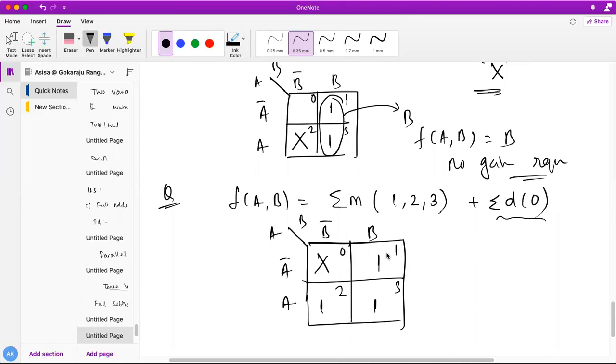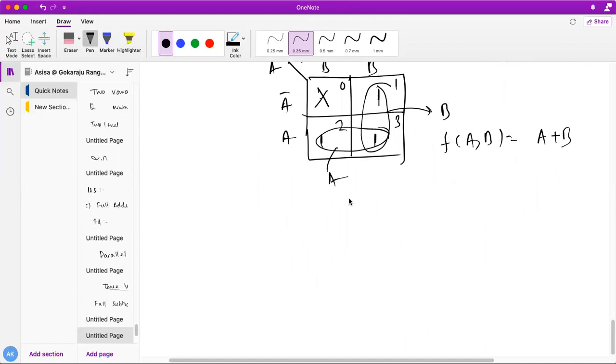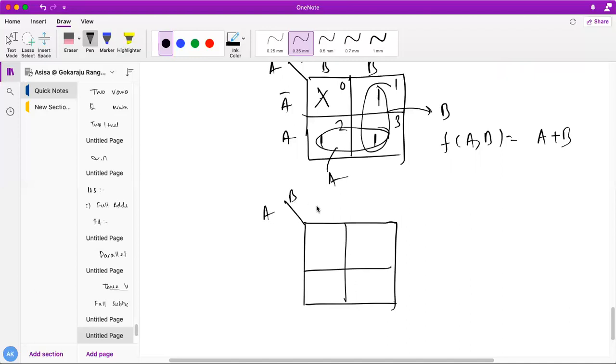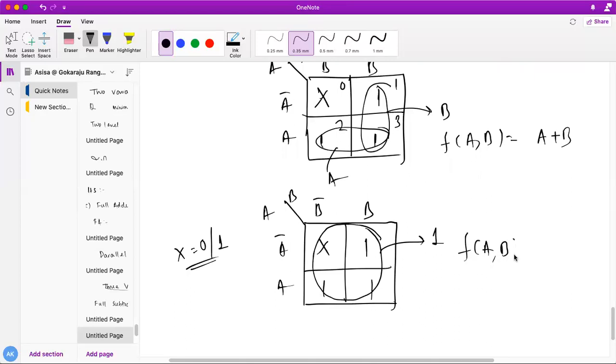So what I'm going to do, if I am not going to consider the don't care, I'm just combining this way. I can combine. So this is b, and here I get a. So f of a b is a or b. Now see here, if I am using the don't care as 1, what can I get? I know that it may be 0 or it may be 1. Depending upon the requirement, we have to use it. Let's say now I have considered this as a 1. So I can combine it like this. So how much will I get here? 1. So f of a comma b is 1.